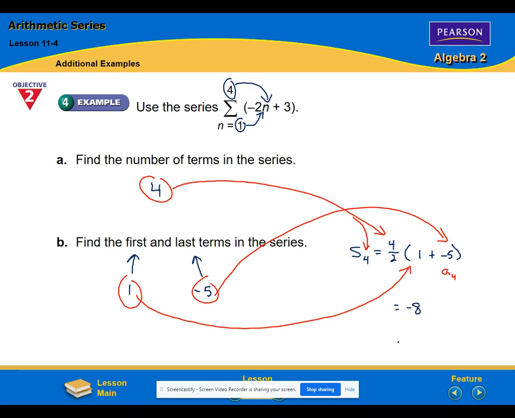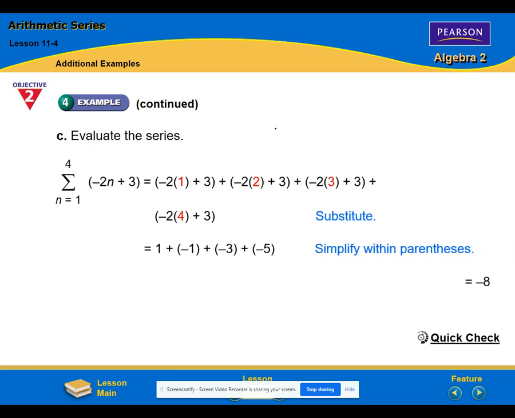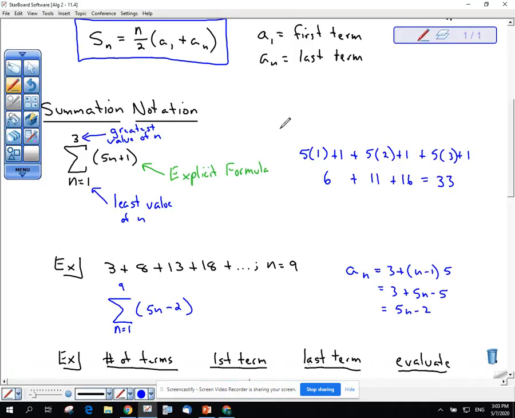That's the sum of the numbers that you would get if you plugged in 1 and 2 and 3 and 4 for n and took those 4 numbers as outputs and added them together. And they did that, and they got negative 8 also. Okay, so finally, just to kind of wrap it up there,